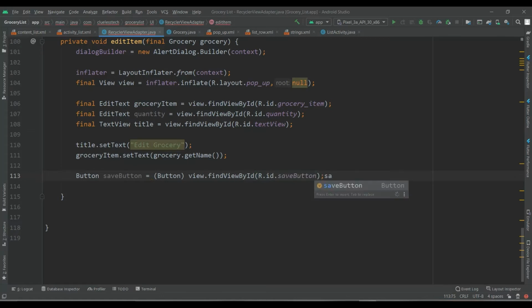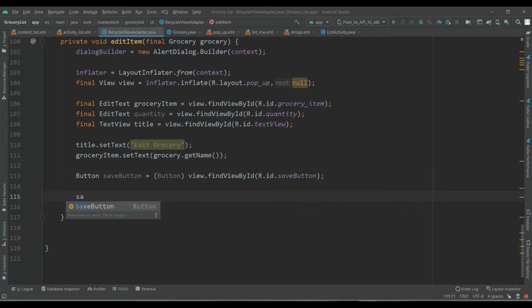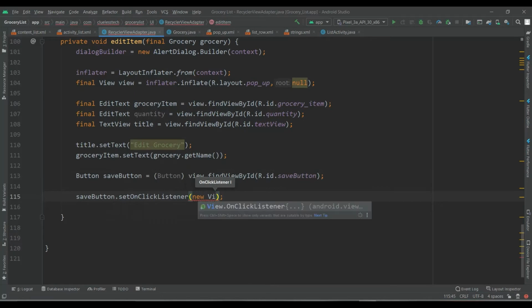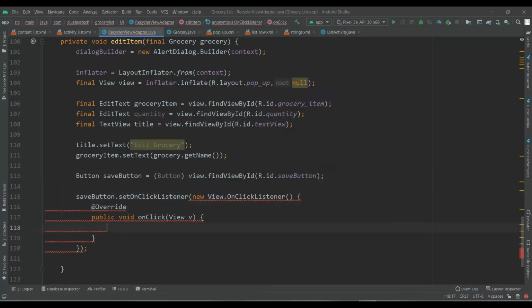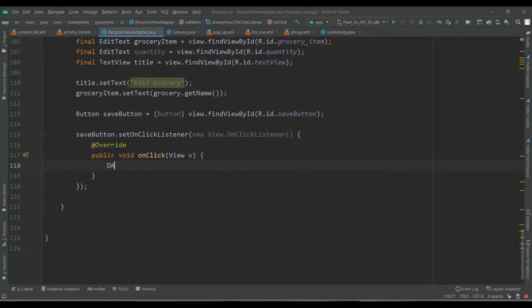Okay, now let's implement the on click method on this save button. saveButton.setOnClickListener(new View.OnClickListener). Okay, so inside on click we will call this database handler class: DatabaseHandler db equals new DatabaseHandler and pass the context.